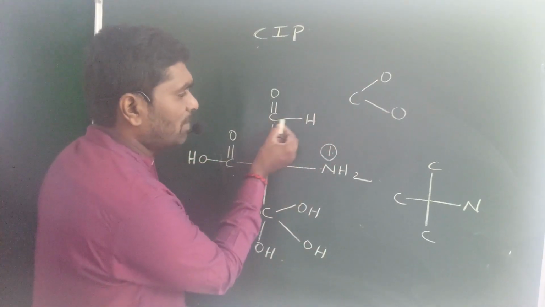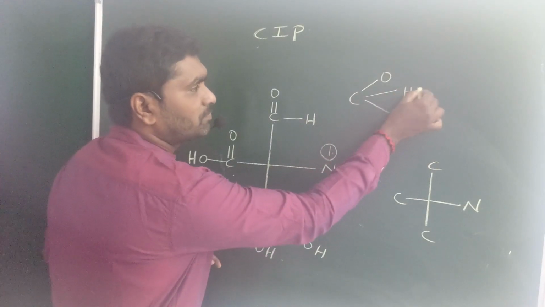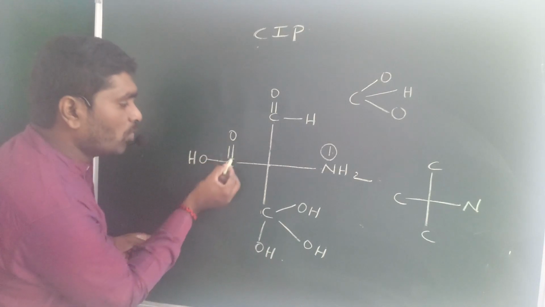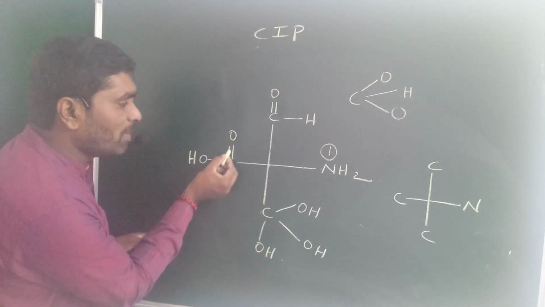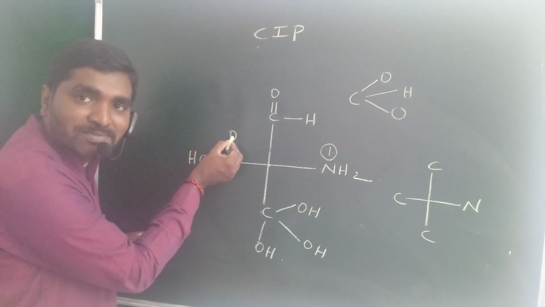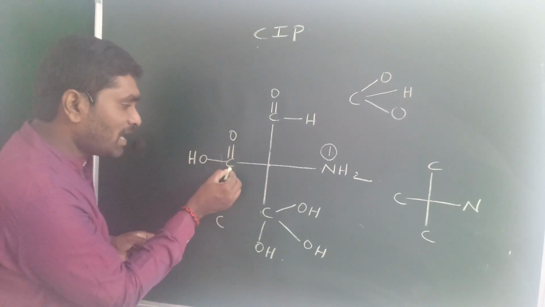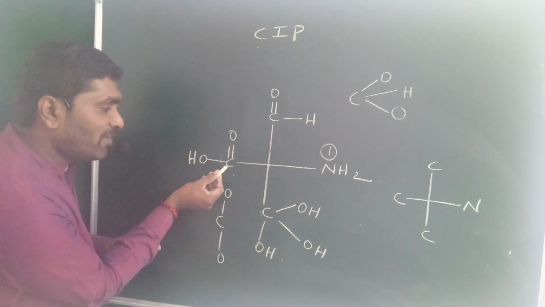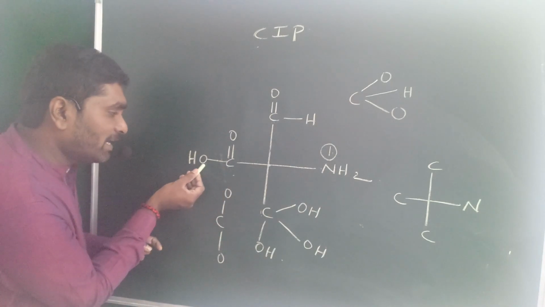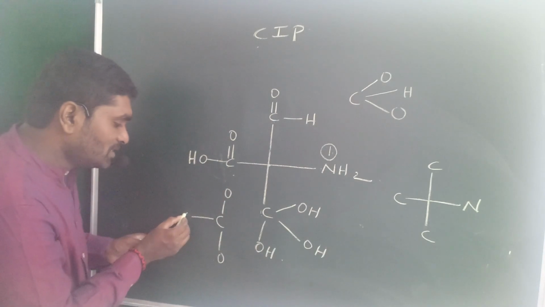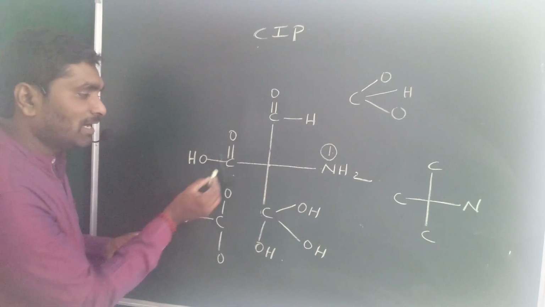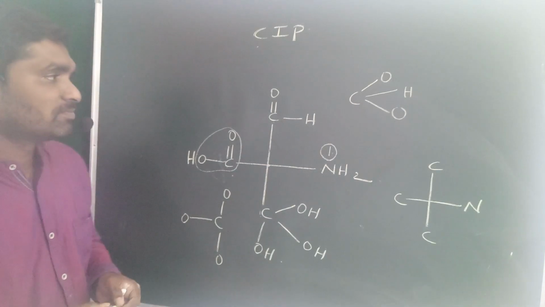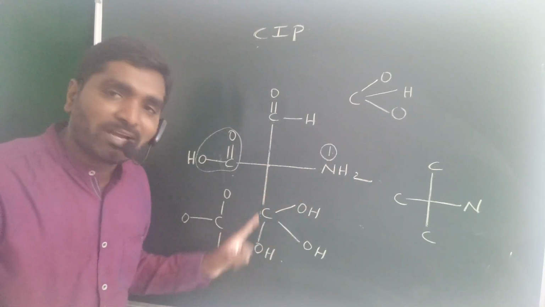You know that this carbon is directly bonded with hydrogen. Next one, look at this one. C double bond O means this carbon is bonded with 2 oxygen atoms, as well as on the left hand side this carbon is directly bonded with oxygen. COOH means the carbon is bonded with 3 oxygen atoms, which is a direct compound.